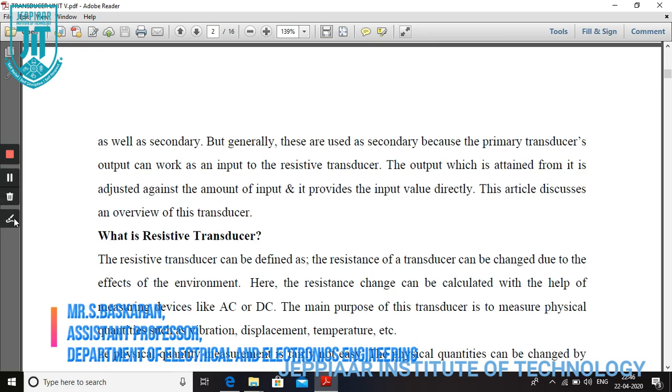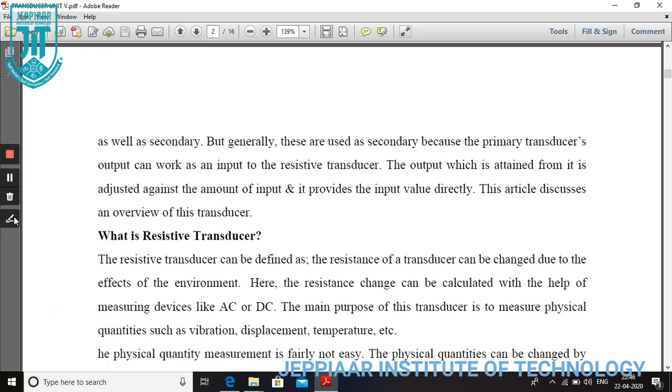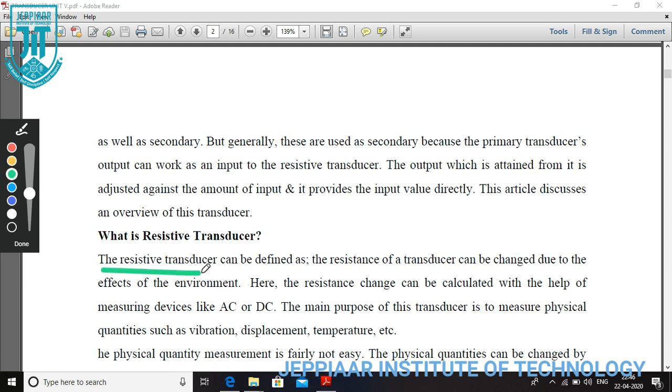Are you able to understand what a resistive transducer is? We can see one more thing also. A resistive transducer can be defined as a transducer whose resistance can be changed due to the effects of the environment. Here the resistance change can be calculated with the help of measuring devices like AC and DC. Right, are you able to understand this? Are you able to follow? Yes. Next,